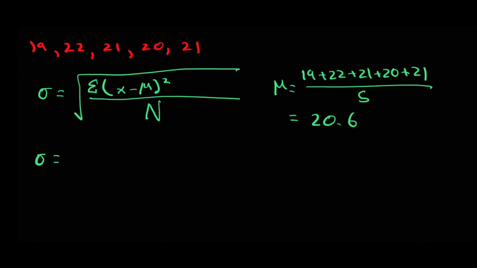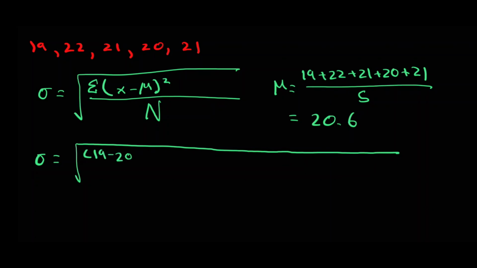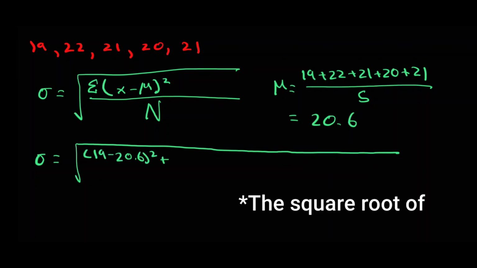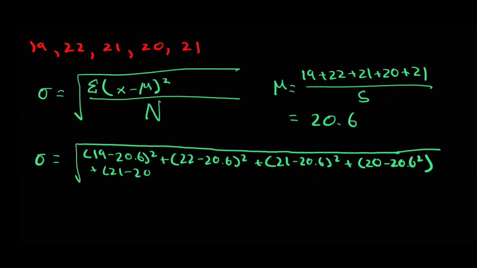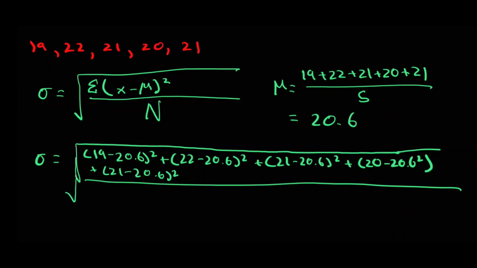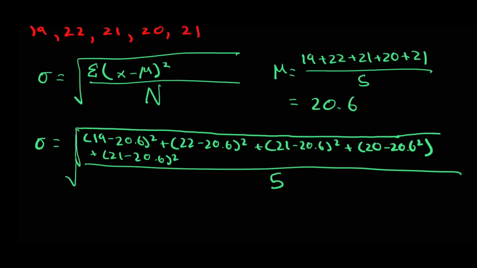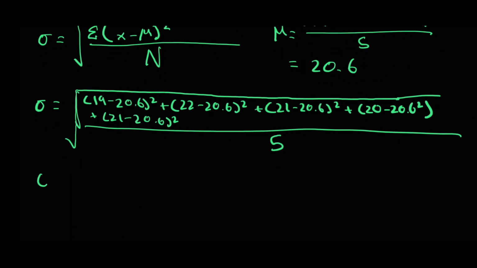So now let's plug that into our formula. So our population standard deviation is just going to be 19 minus 20.6 squared plus 22 minus 20.6 squared plus 21 minus 20.6 squared plus 20 minus 20.6 squared, and then plus 21 minus 20.6 squared. And that's all going to be divided by 5. Sorry, let me just fix the root sign there. And then simplifying that,